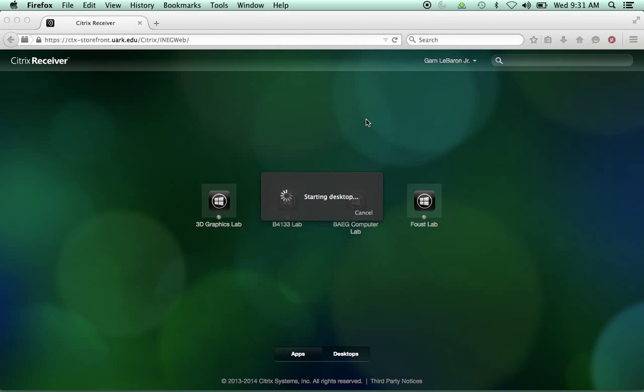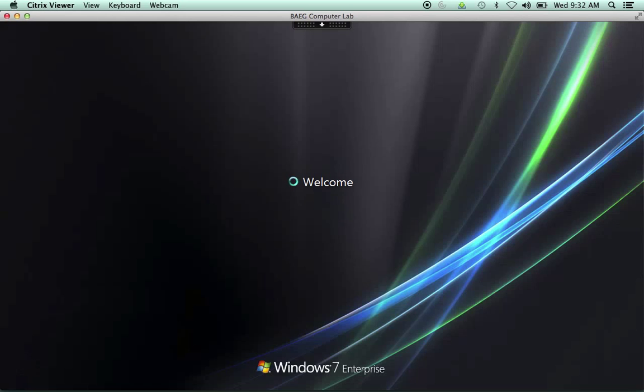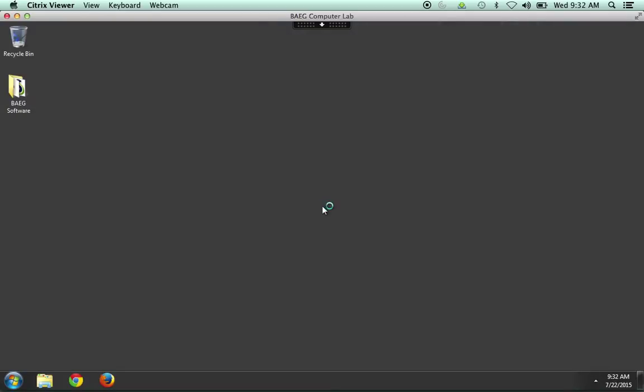And once we do that, I just want to show you how to save files in the lab computer and a few things like that. You'll notice that essentially what you're getting here is a window. Inside the window, you're going to get a Windows 7 computer. And on that Windows 7 computer, you should be able to do all the stuff you need to do for